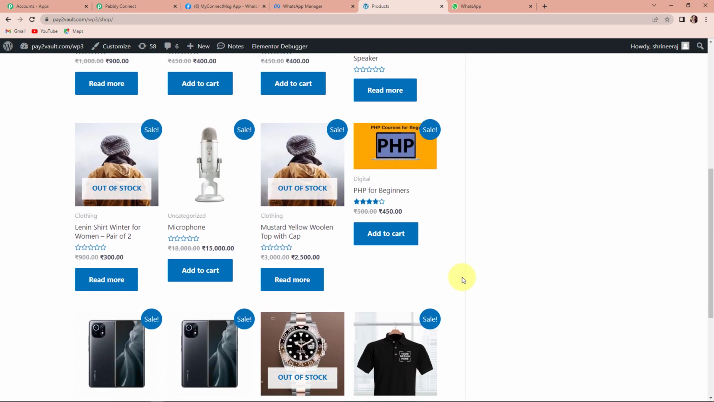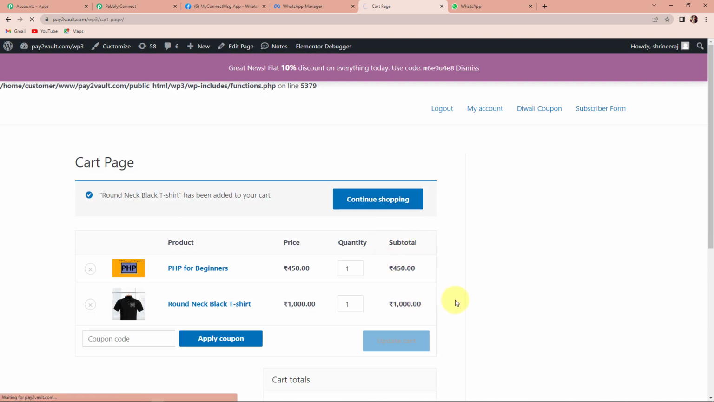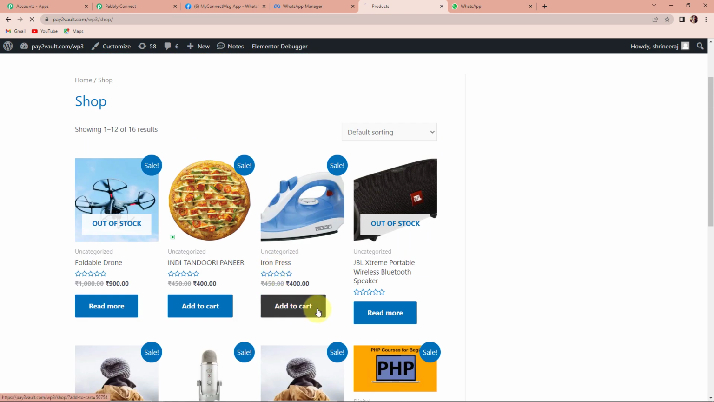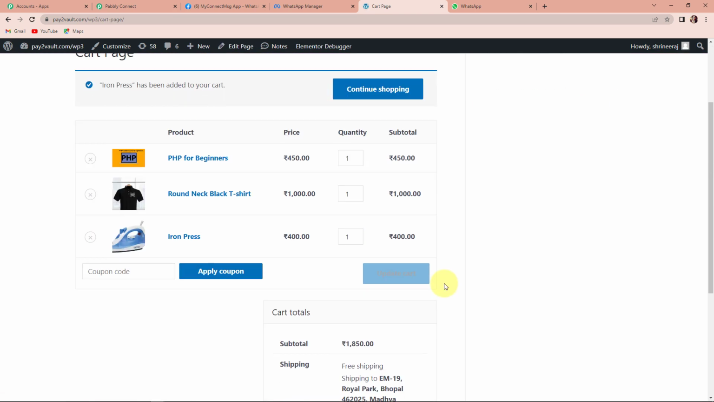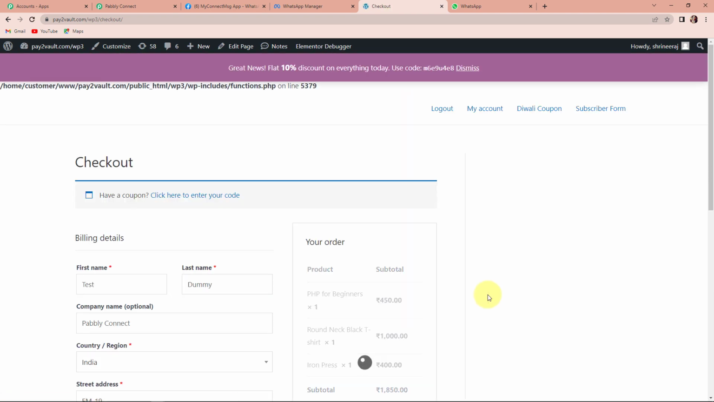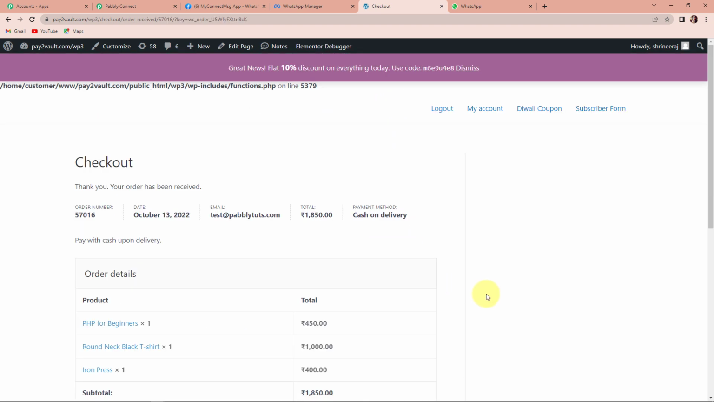Now I wish to buy this t-shirt. Let's click on this, add to cart and continue shopping. So let's say that I wish to buy the iron again. Let's click on add to cart, and now I'm going to go down and proceed to checkout. So once we are here, I'm going to go down, click on place order, and here we can see that